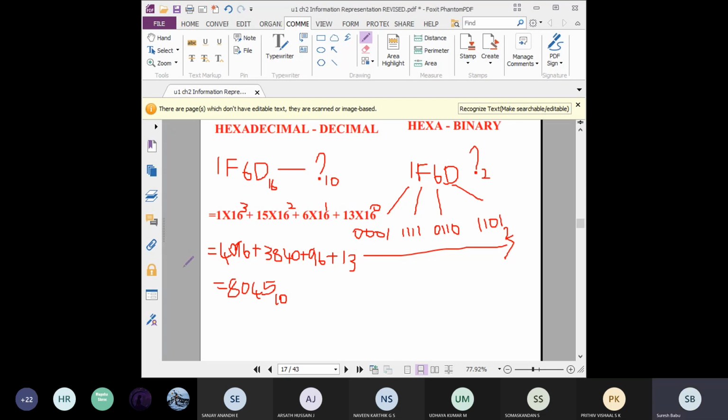Students, kindly remember the tabular column is very much needed. You can easily remember the tabular column also. After this explanation, I will tell you how to make the tabular column. Whenever the exam comes, just do the rough work as a tabular column, and that will help you with converting any number system to binary. Binary values you will definitely get from the tabular column, that is octal to binary and hexadecimal to binary. Decimal to binary you can calculate by repeated division by 2.